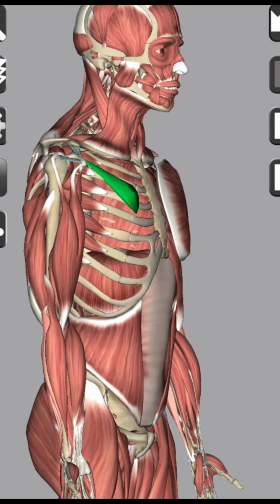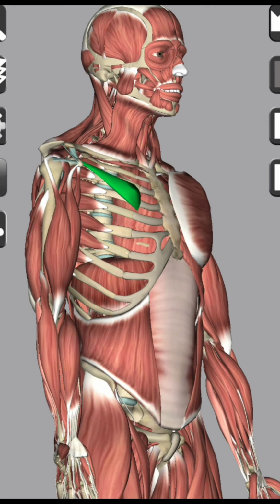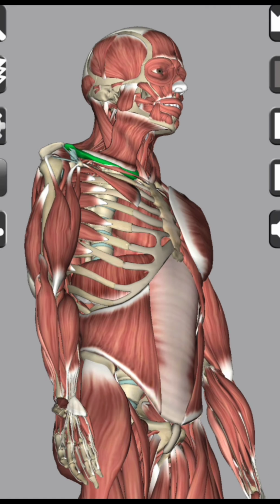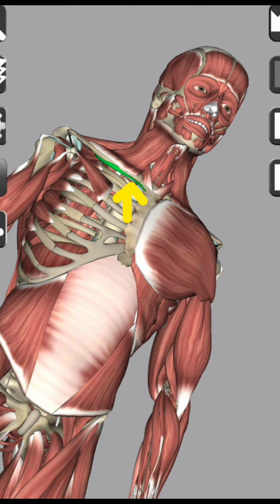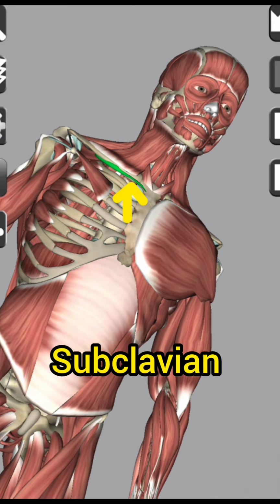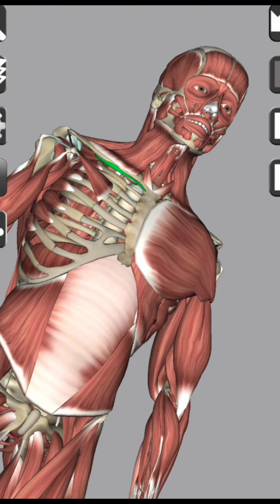Okay, so now let's revise one other muscle, which is the subclavius muscle. I hope you are able to see it when I pin it. This is your subclavius muscle. I hope you can see this green dot, which is our subclavius muscle. It originates from the first rib at the costochondral junction, and it is inserted over the subclavian groove in the middle one third of the clavicle. So if you have revised this clavicle perfectly, you will be able to know the